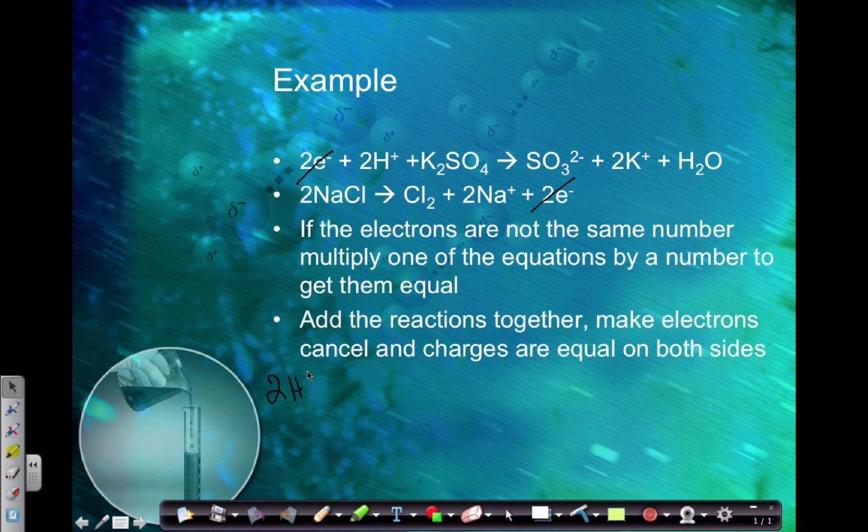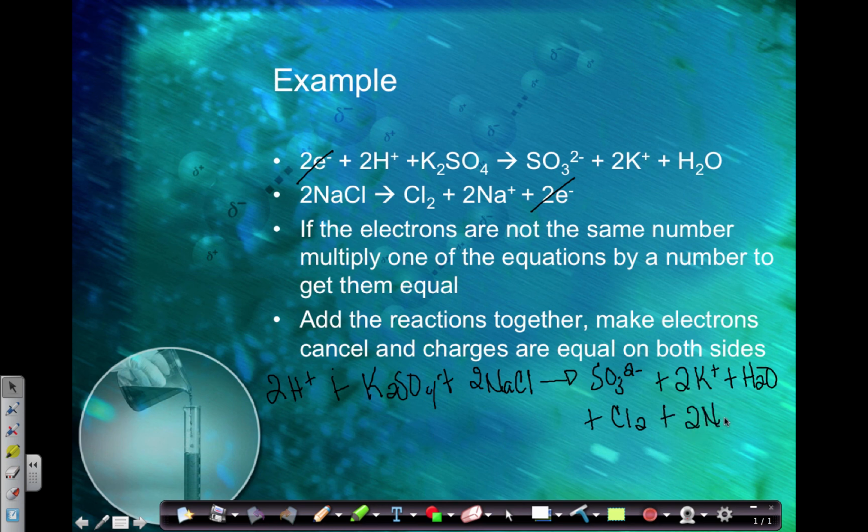So it's 2 H pluses plus K2SO4 plus the reactant here, 2 NaCl, produces SO3 with a -2, oops, not positive, plus 2 potassiums, plus water, and Cl2